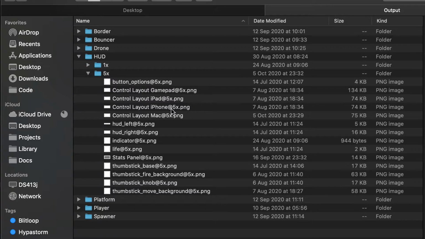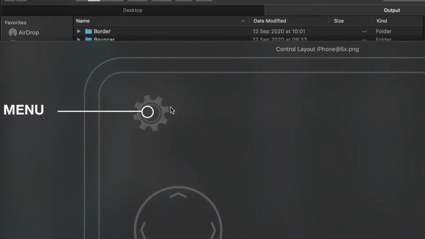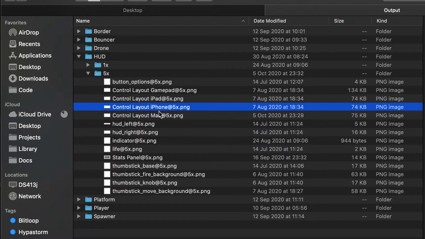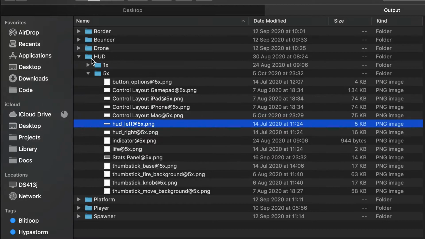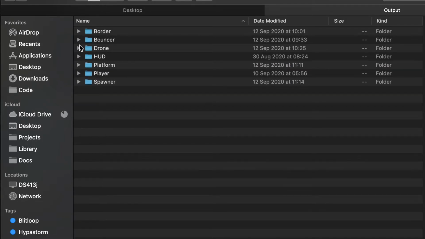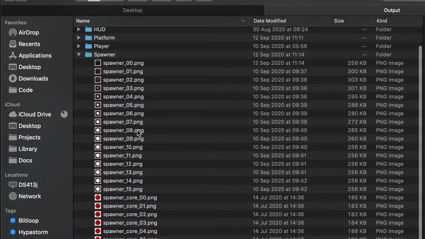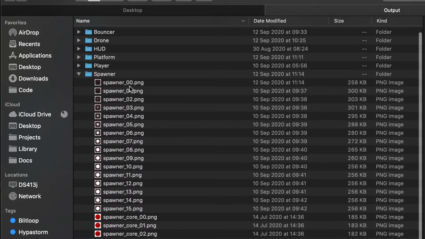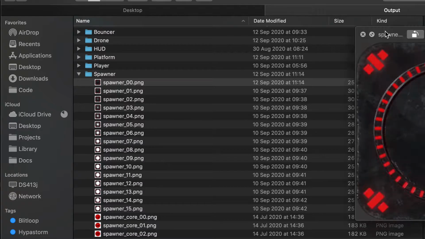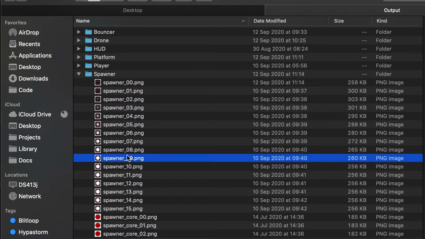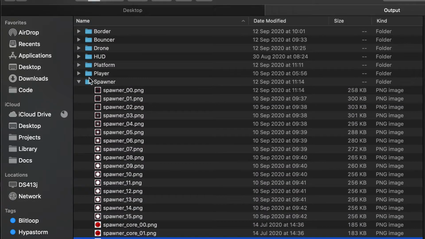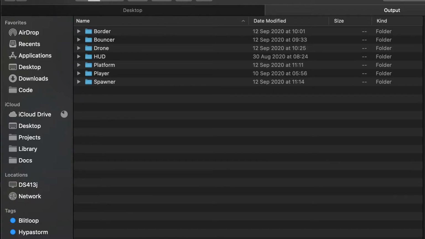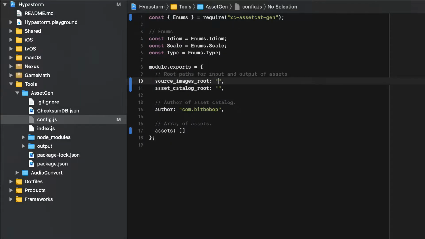So here I have, for instance, some UI elements. Well, it's too big for the screen recording because I record them very high, as mentioned. So anyway, everything ends up here, including image sequences like we have here for different animations. That's going to become sprite atlases. Okay, so these are rendered way higher than I need. So the folder here is what will end up as the source images route,